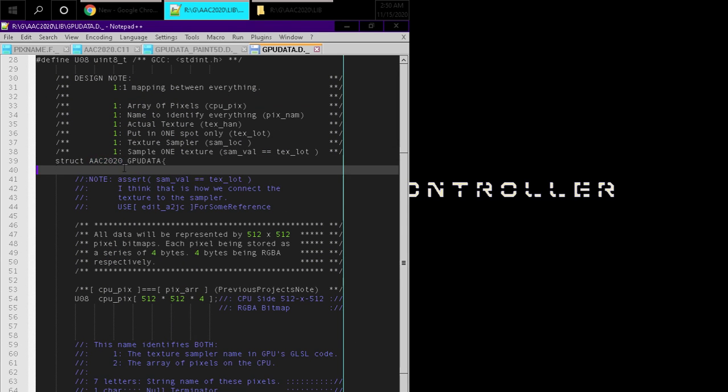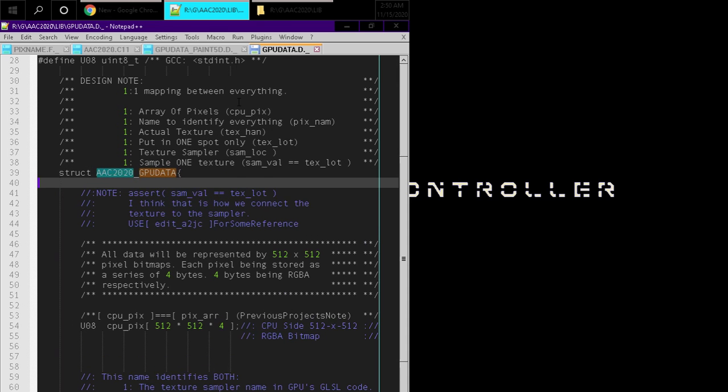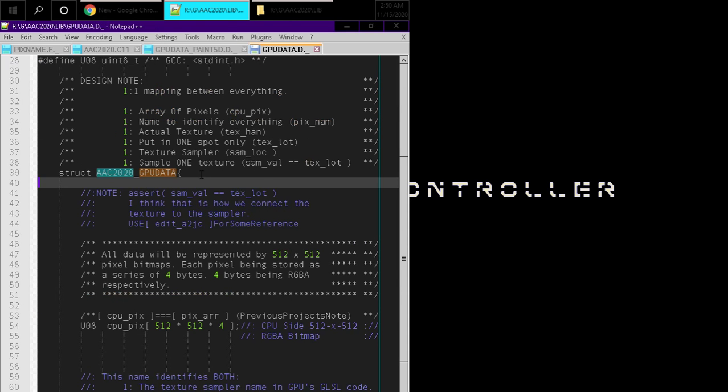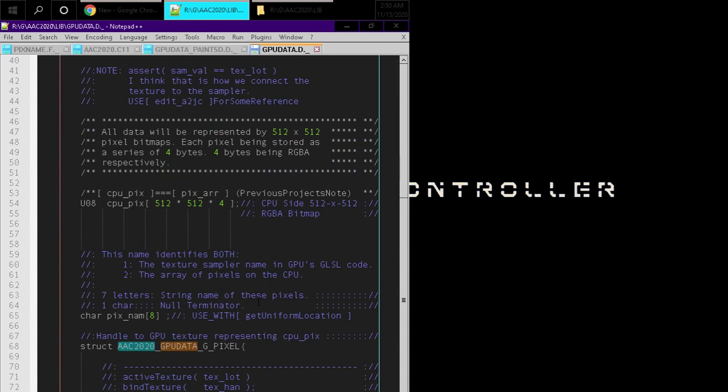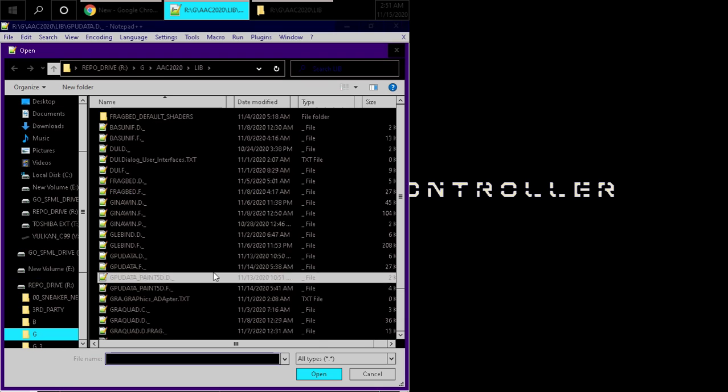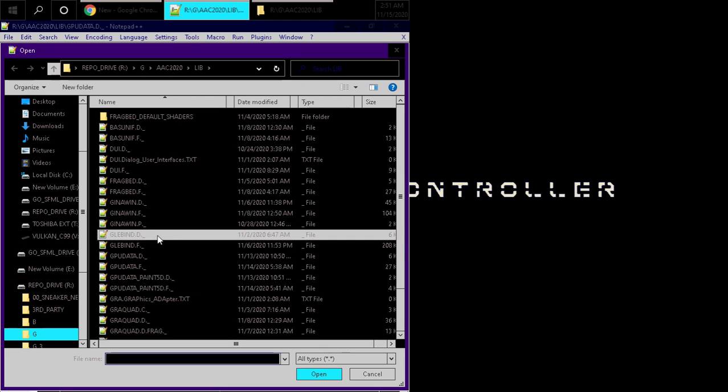We have the project name right here, and then we have the sublibrary. But I wanted to make sure that it was very obvious that Paint5D is connected to this GPU data. So this struct GPU data, Paint5D is actually an instance of this. Now, if we go into Paint5D and we look at the functions of, sorry, not Paint5D, if we look at